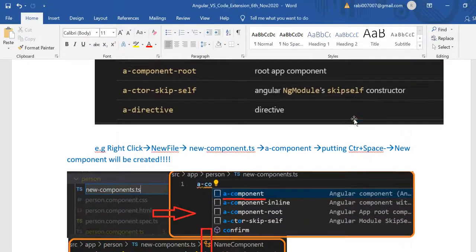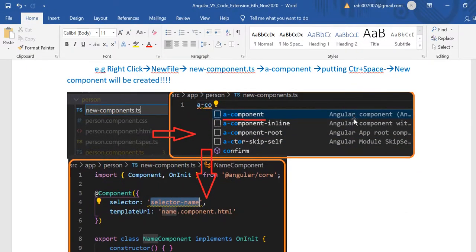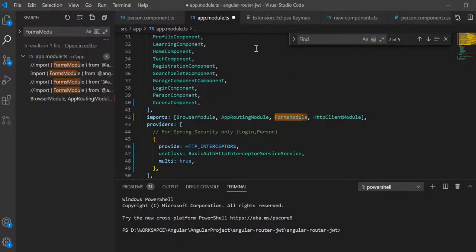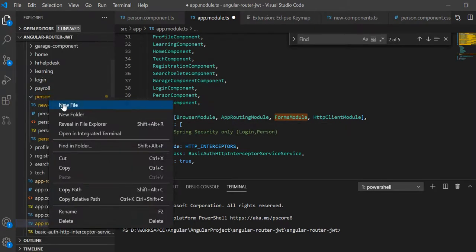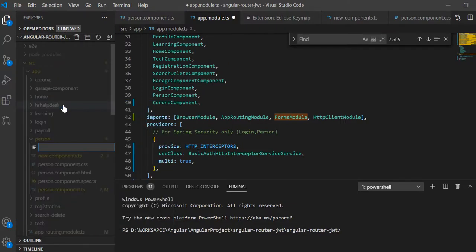Let me show it. Say you are writing a new ts file, so let me go into a new file, com.ts.